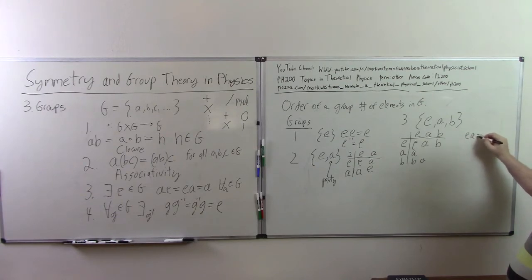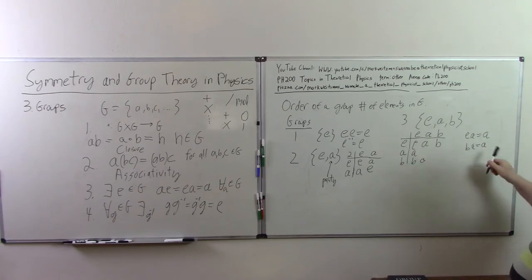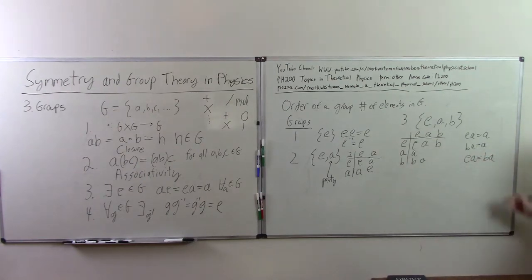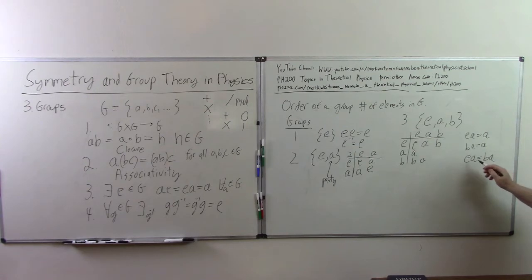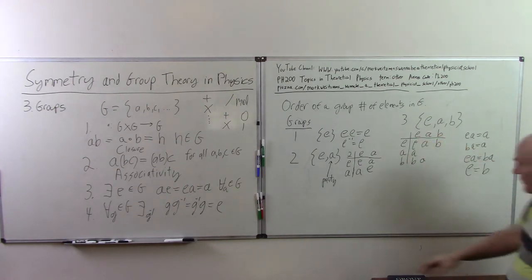Well, we have EA equals A, and we have BA equals A. Now if I substitute this over here, I get EA equals BA. And now if you multiply it on the right by A inverse, we're going to get E equals B. And we know that, when we list distinct elements of the group, there's only one identity element. So